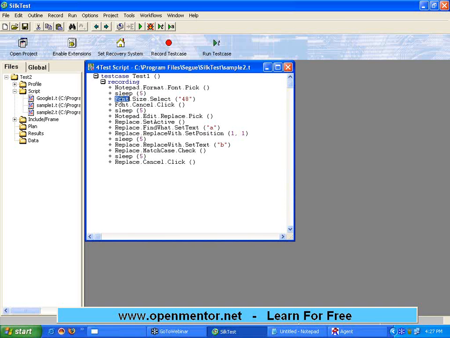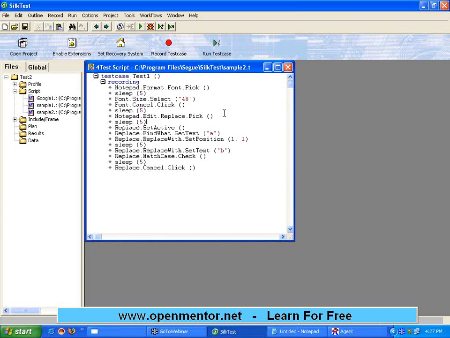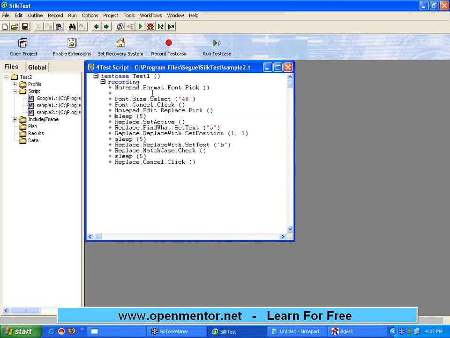For example, I am moving from the notepad window to the font window. The other window will take some time to load. From the font window, I am coming back to this window, and in between I should give a delay. From the notepad window to the replace window, try to give some delay. I don't want to give a delay here, but every statement must automatically take some delay. But instead of giving delays at certain points, I want to give a delay throughout. For that, you may have to go to this